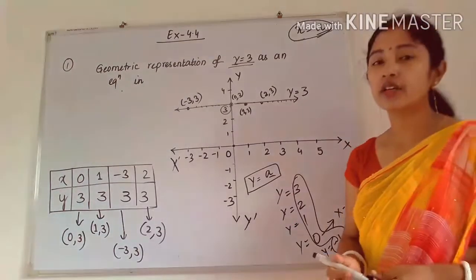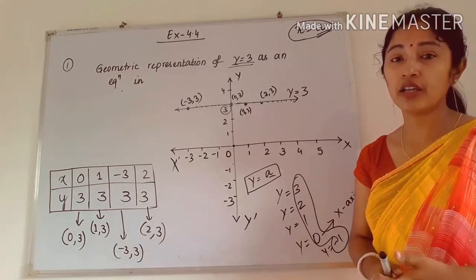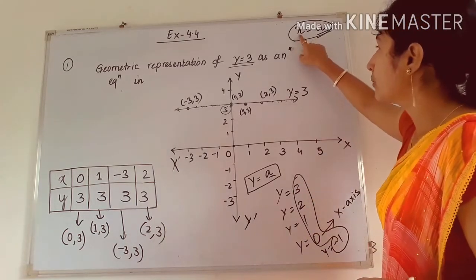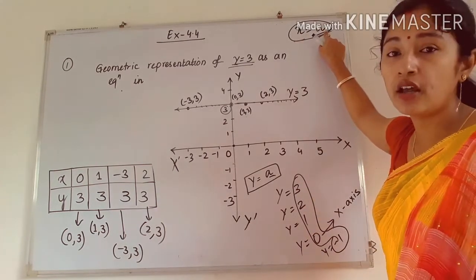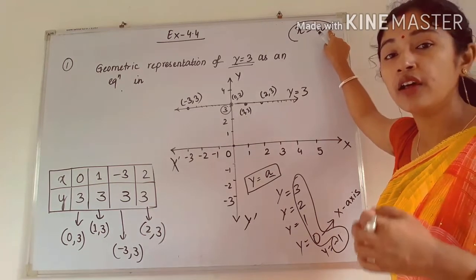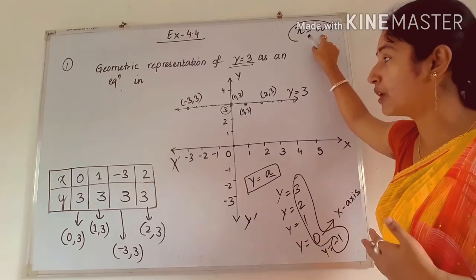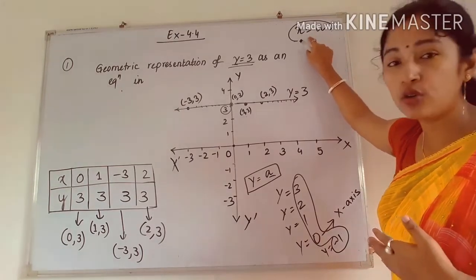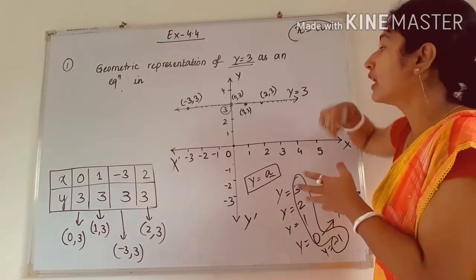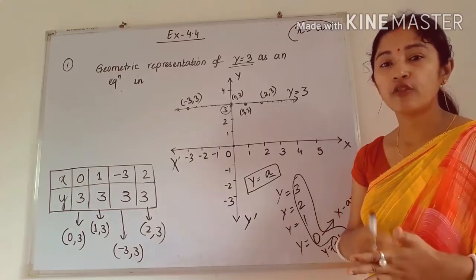The next question, number 2, will also be done in this manner only. In question number 2 you will see that the equation will be like this: x equals something constant, and you have to plot this equation in a graph in two variables. In one variable you can easily draw it on a number line, but for two variables you have to convert the equation into two variables first, like we have done for this one. Next you have to plot the graph after finding a set of 4 solutions.